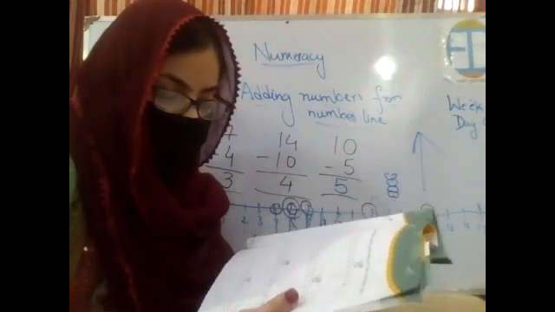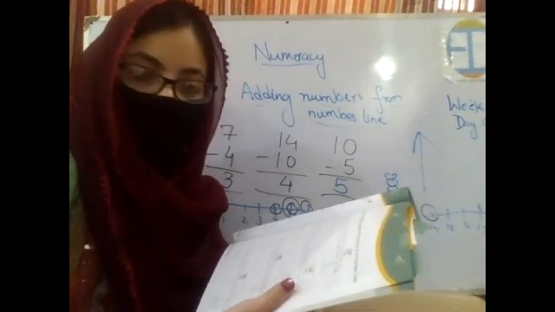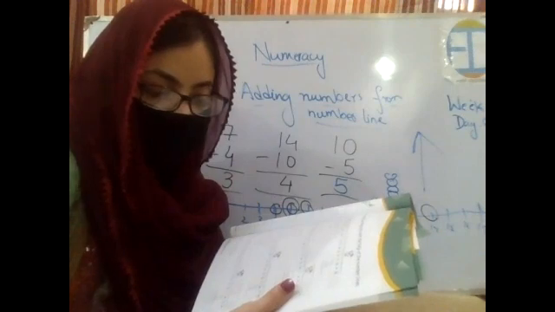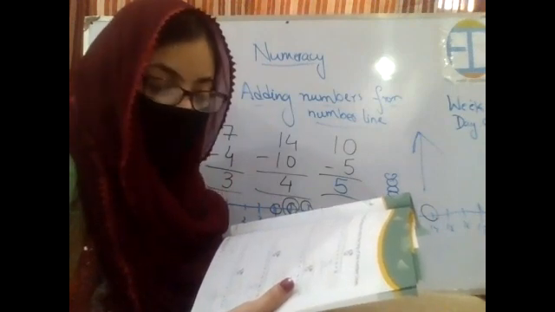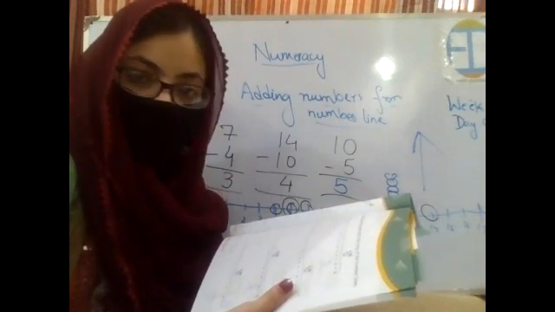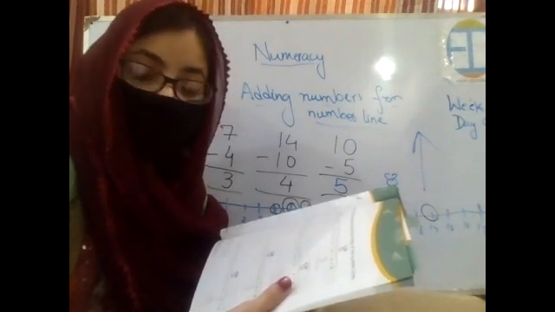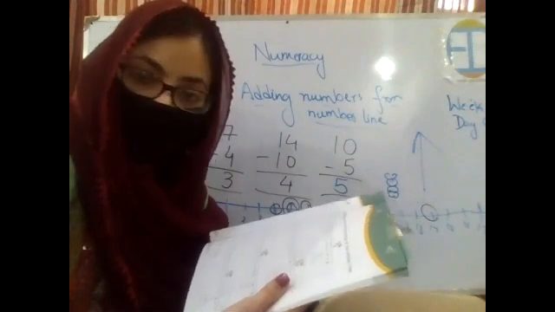Okay, now Ali will tell us the answer of the next one. Ali, tell me the starting point of the bunny, from where it starts. At number 17. Very well done. And where it ends? At number 11. Very well done. Count the numbers which come in between 17 and 11.